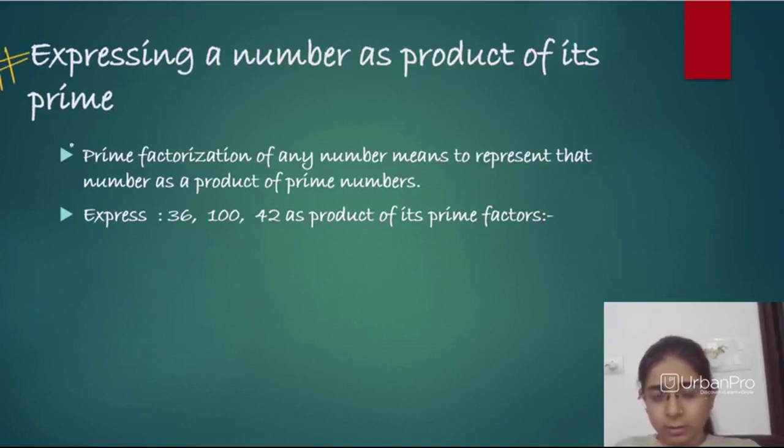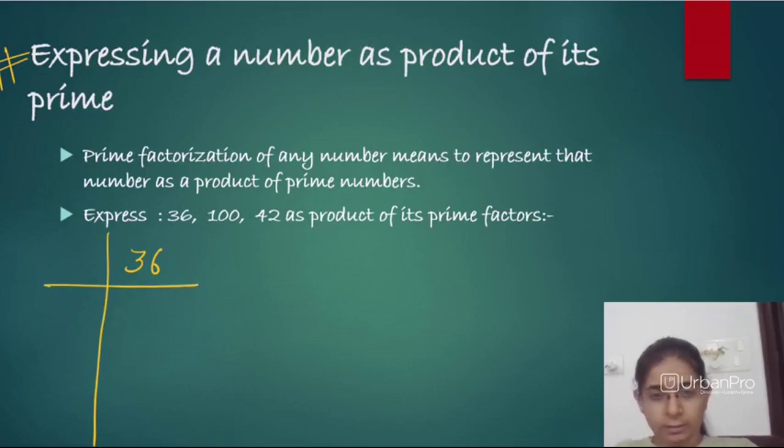So the first topic is we will learn how to express a number as a product of its primes. Prime factorization of any number means to represent the number as the product of its primes. So for example, you have a number 36, so you will draw it like this to write down that number as a product of primes. You'll see that this number is divisible by 2 and 2 is the very first prime number. So we will divide the number